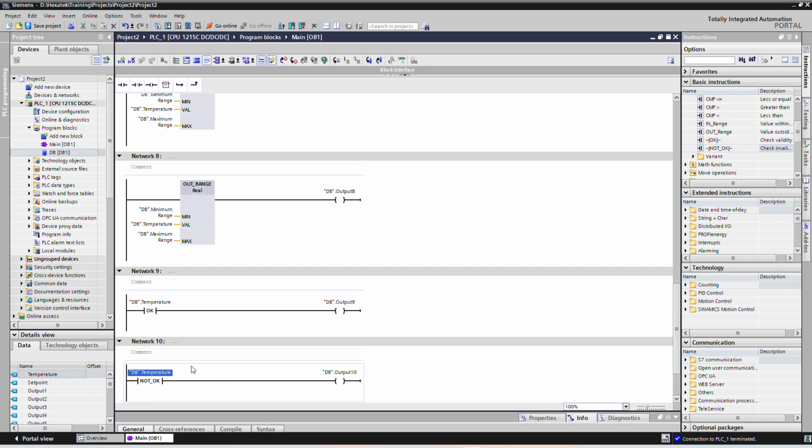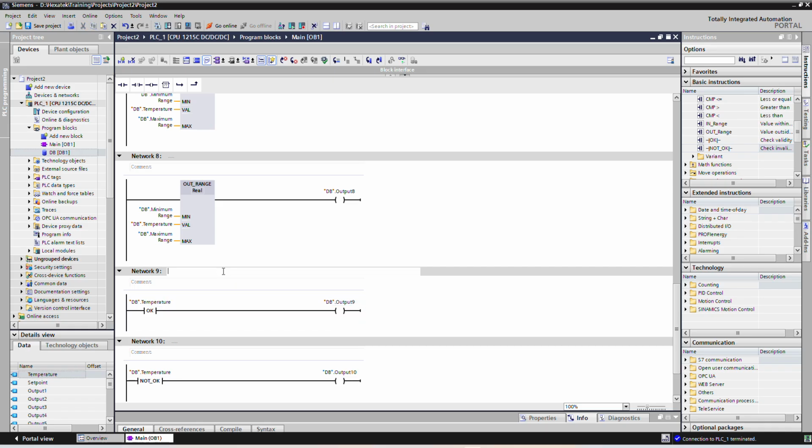Now why this instruction we can use, we will see. So this OK instruction, if the data type of this tag, that is temperature, is valid, so at the moment we have taken it real. So if the data type is real, so value in this tag is real,